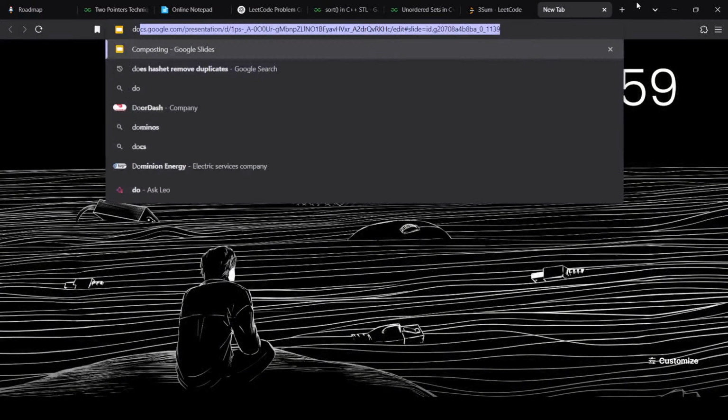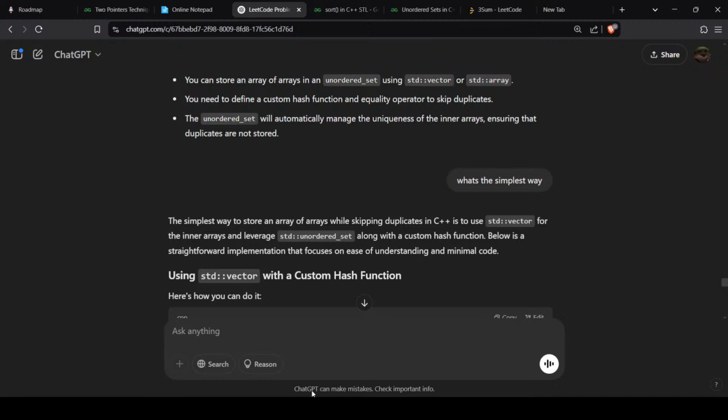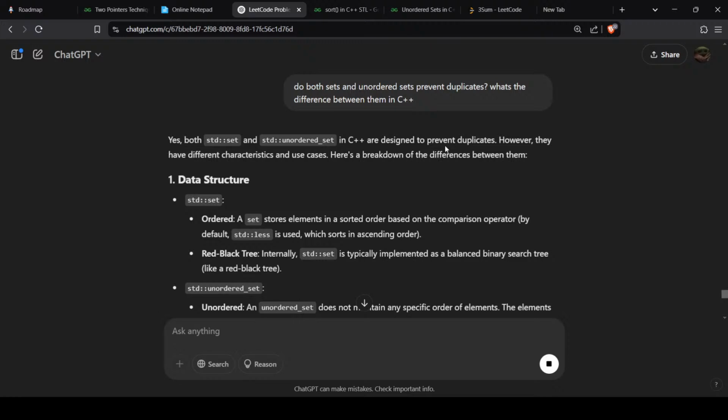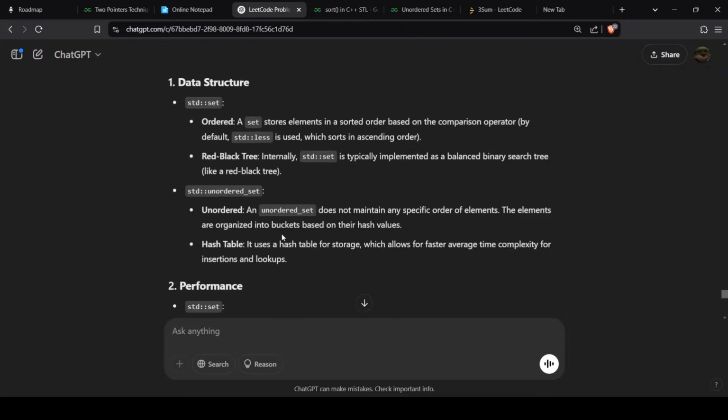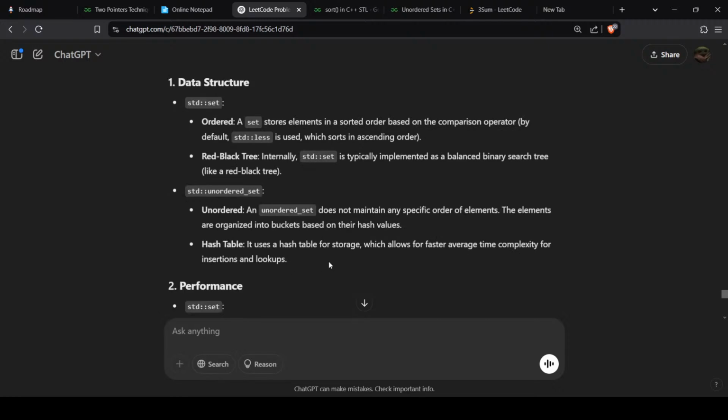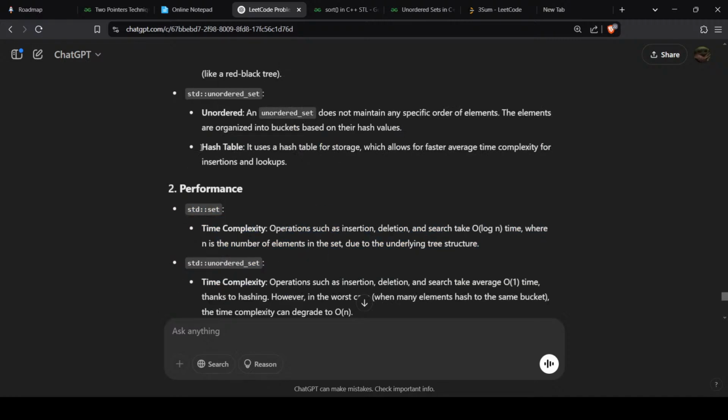Wait, wait, wait. Do both sets and unordered sets prevent duplicates? I've only used unordered sets. Oh, they both just prevent duplicates. Okay. Shouldn't unordered set technically work because it's already